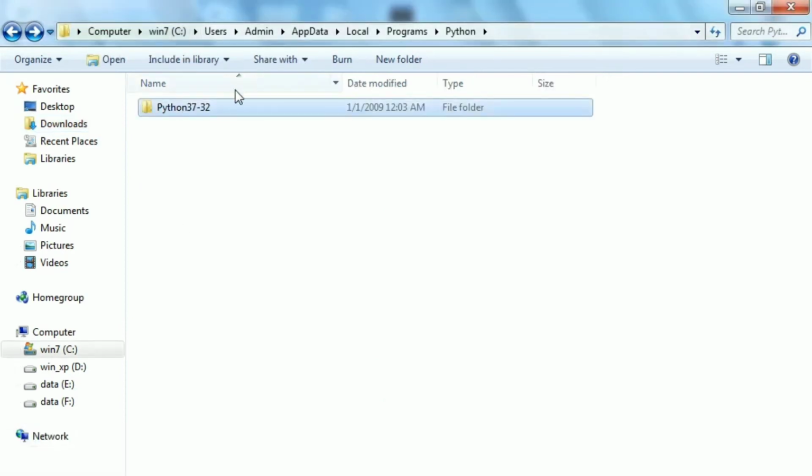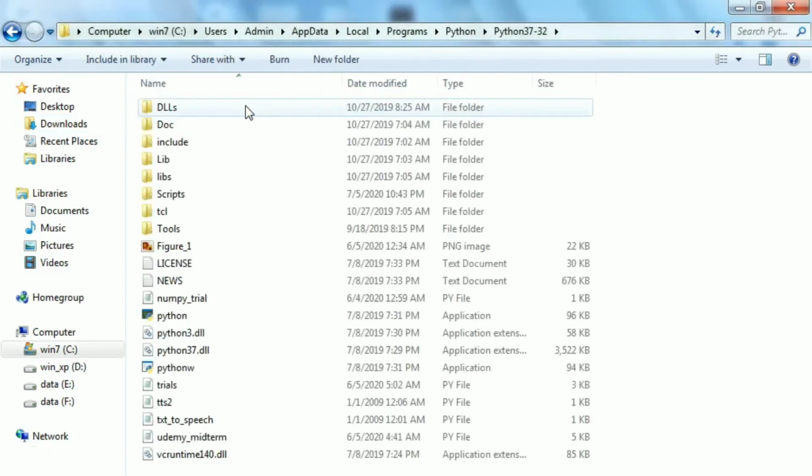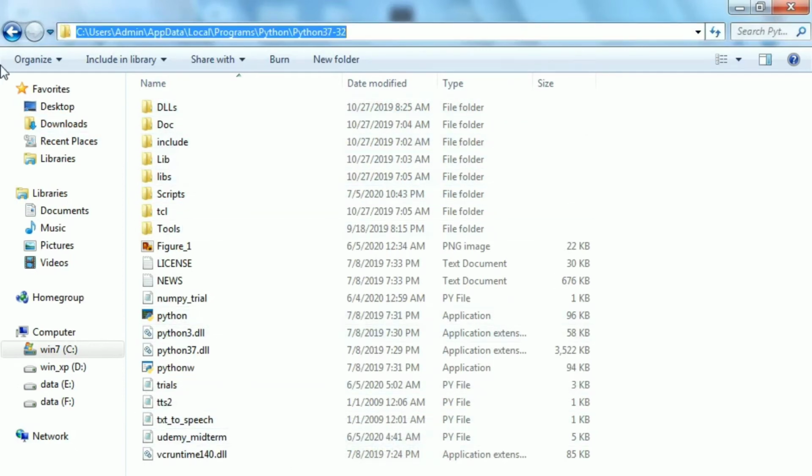Let me open up my Python folder. Now as you can see, I have Python 37 out here. Click on the folder. Now you get all your includes and libraries. You get this page. Go to the search tab, don't paste it, copy this entire link.